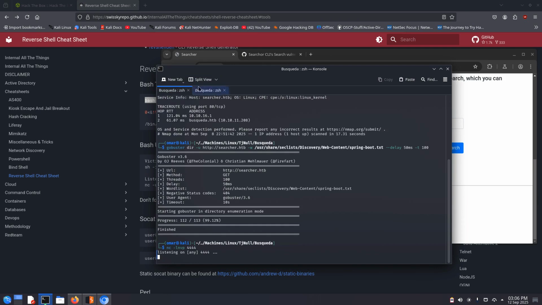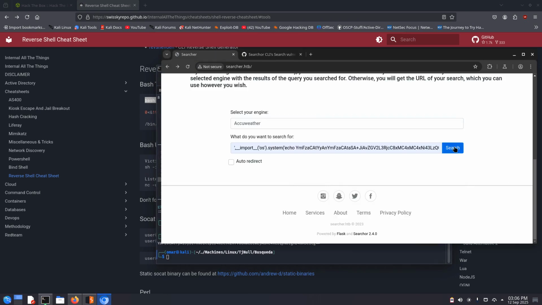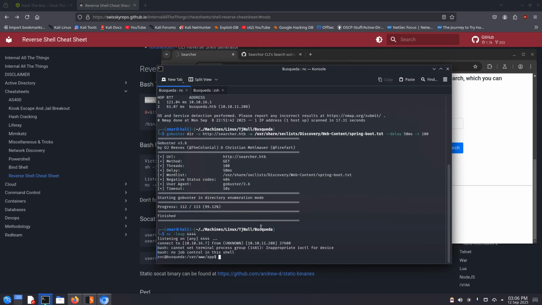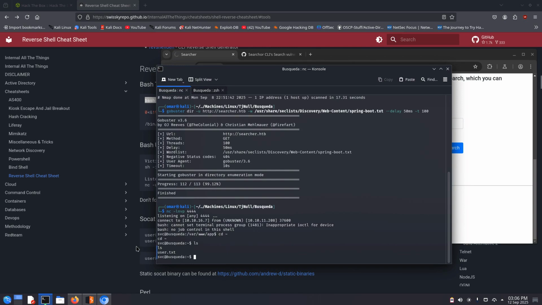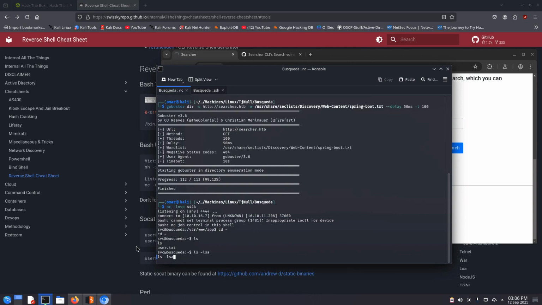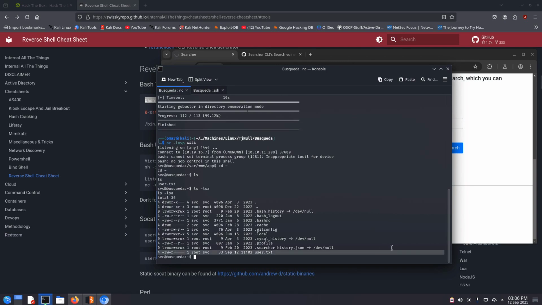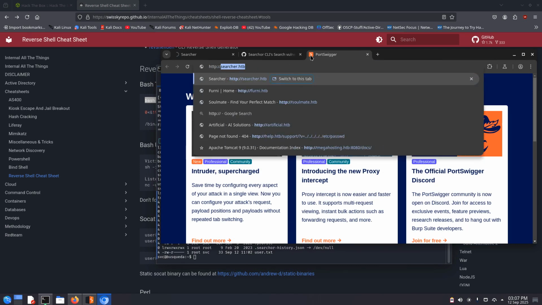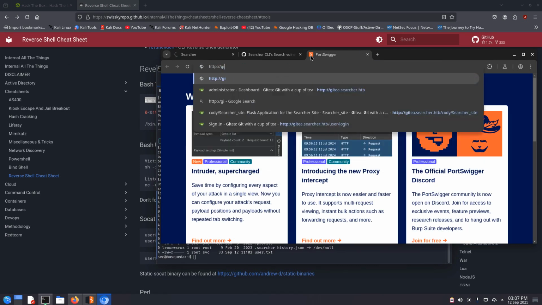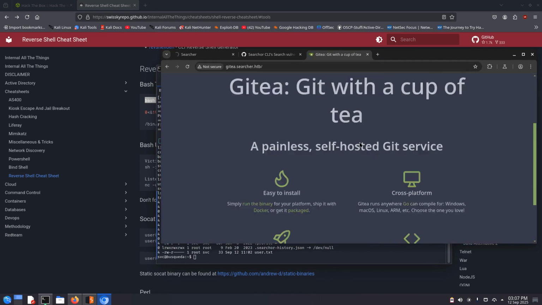the listener, and let's run this command. And as we can see, we actually got a shell, and we could move to home, and we can see that we got the user. And we can actually read it easily. So let's move on to the Gitea part now, and let's make sure there is actually a Gitea, and we can see there is a Gitea